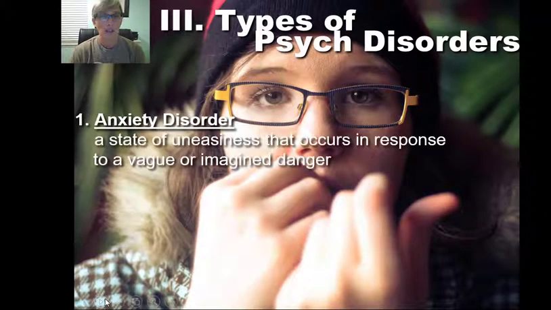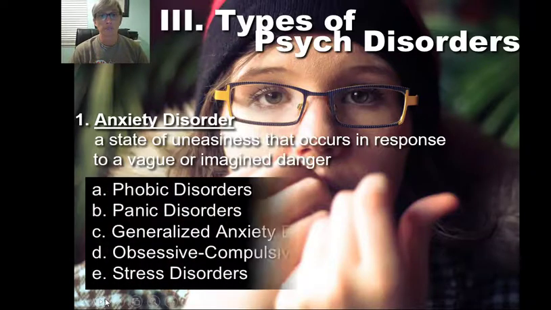So when we're mentioning anxiety, we're talking about a state of uneasiness that occurs in response to a vague or imagined danger. The vague or imagined danger is the important part there, because remember that when the autonomic nervous system, the stress response system is triggered, it's that feeling of anxiousness. It's the alarm stage of GAS. So the vague or imagined danger is what can trigger that. And if we are forever in a state of anxiety, we are constantly on edge and ready to fight or flight. So that's why anxiety disorders can be tricky, and many people suffer from them, which this next video is going to show you, but we'll save that for class.